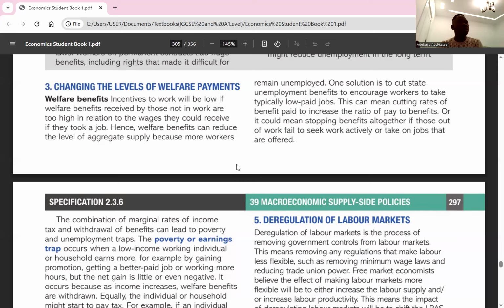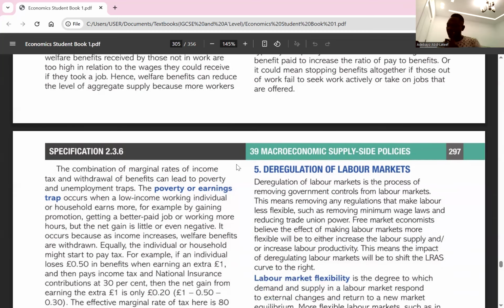But that is the only way people would want to work, because they would want to even take jobs that are low paid. And taking jobs that are low paid increases the supply side of the economy. Do you get the point here? So, however, this may lead to a poverty trap, like I said earlier on. So for poverty trap,